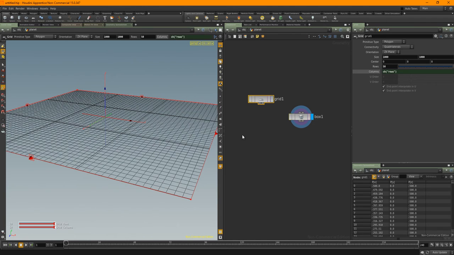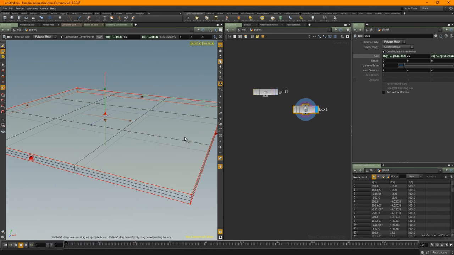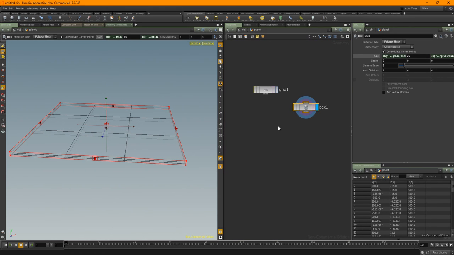Fantastic. Okay. The height of the box, just for ease of us actually seeing it, I'm just going to increase it up just a tad. So that's fine.